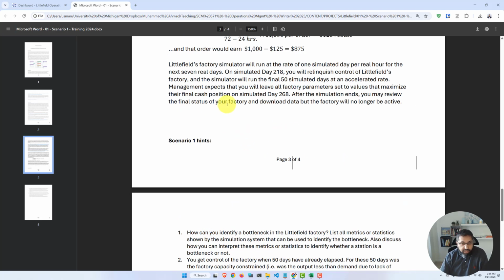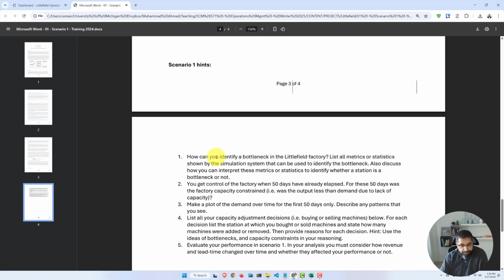Then at the end of this document, I've given you some hints. These are questions that I would have asked you to answer in a report if I wanted you to write a report on scenario 1. So these questions are basically pointing you towards the things you should be thinking about when you are doing this scenario, right? And we'll answer a lot of these questions in this video so that you know how to think